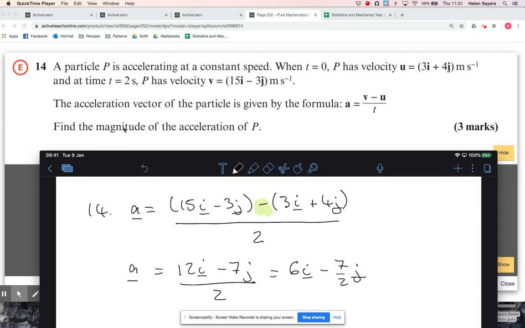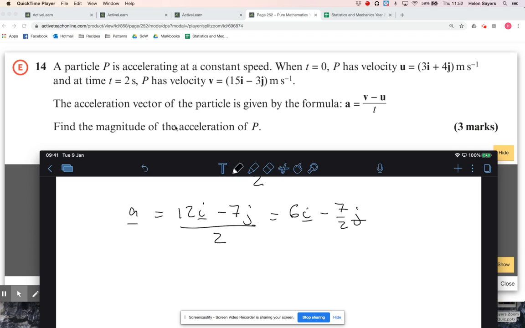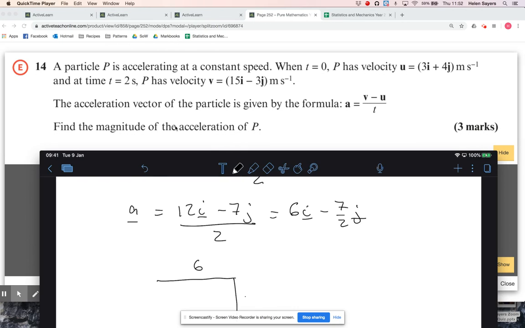This idea of finding the magnitude of a vector comes up a lot in mechanics. If it's velocity, they will ask for the speed. If it's displacement, they will ask for the distance. There isn't a special word for the magnitude of acceleration, so they will just ask for the magnitude of the acceleration. But either way, the acceleration is 6i, so 6 to the right, minus 7 over 2,